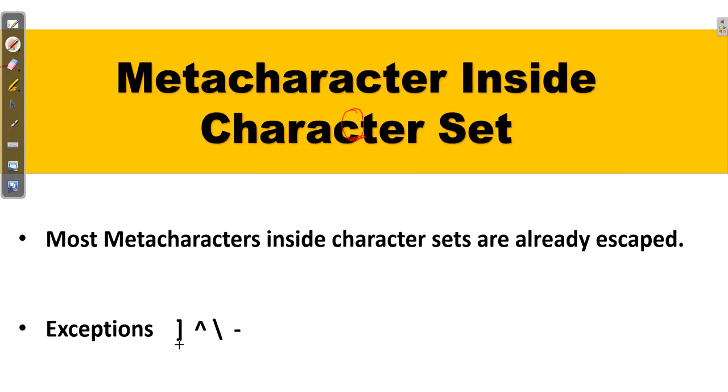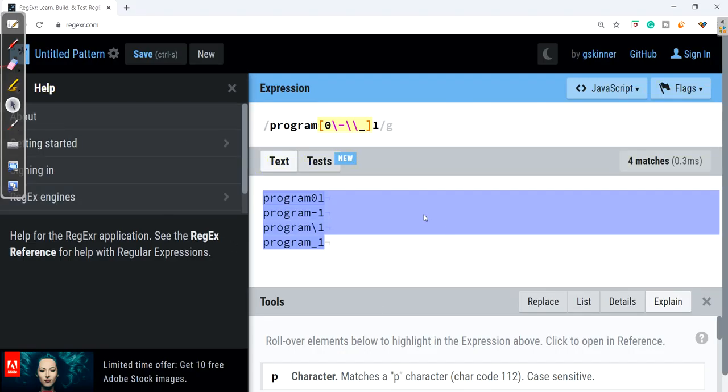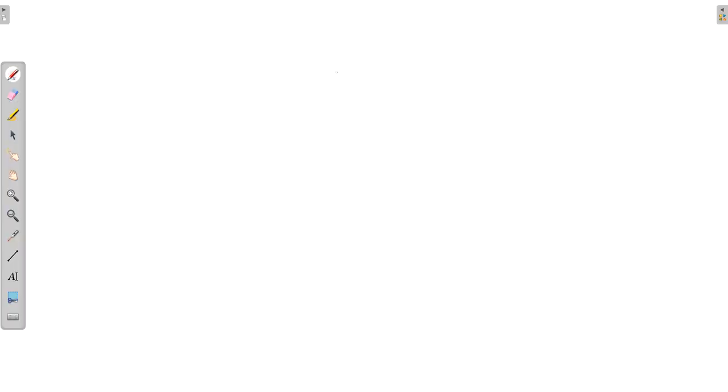Here we have seen all 4 exceptions which are used in a character set. And so as to make use of them, we use the escape character as we have seen through examples. So you can play around on your own with adding, removing some of the escapes to see how they work. Now let's see how shorthand character sets work in regular expression engines. They are very useful as they save us from typing.